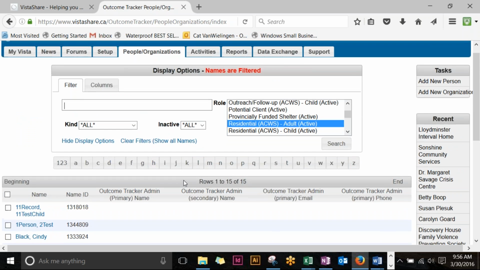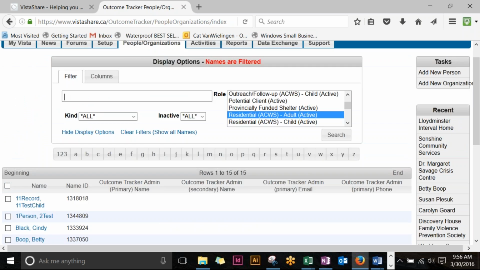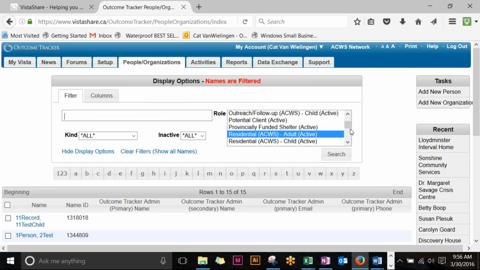So I've got 15 records that have the residential ACWS adult active. Now, we also have inactive roles. Inactive roles aren't as common, depending on, again, your shelter practice, but inactive roles would be somebody who has a role that has been ended. So, for instance, the most common example would be